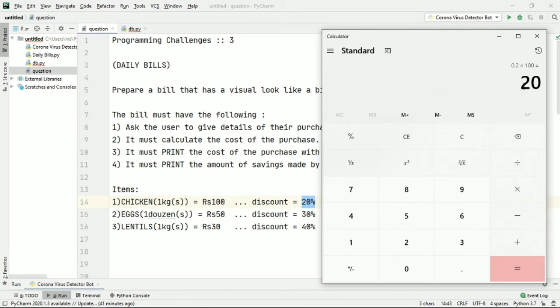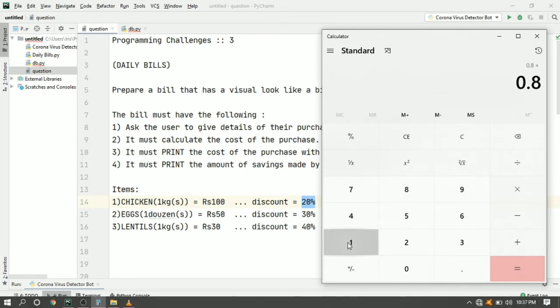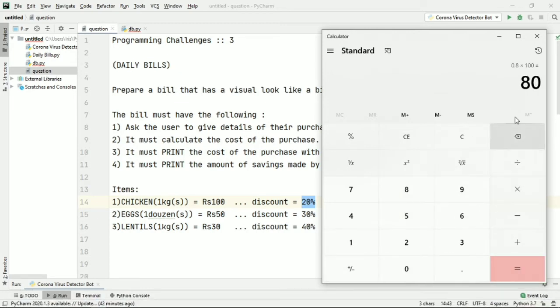So this is our discount value. This is not the value of the chicken that we are buying. So we have to first subtract 0.20 from 1, and then we need to multiply that value by rupees 100, and then we will obtain a cost. Okay, so basic calculations, let's do that. Okay, so it's 0.8 into 100, and that's 80. Okay, so this is our cost of the chicken that we get for 1 kilo. Okay, so now let me close my calculator and go back to my program.